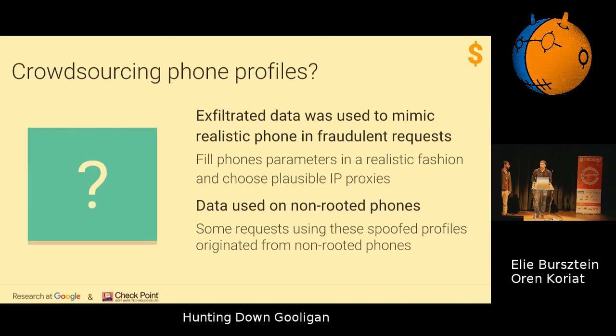So the reason why they were exfiltrating the token and all the information from the phone was, oh, we know this user, and we can create this realistic profile, so you can make this fake HTTP request from this app which was side-loaded from another store. So the phone we got was a Nexus. It was a phone which was Android 5 and above, so it was not rooted but had a side-loaded app, and those apps were making HTTP requests to the Play Store with the information. So the reason why we believe they were uploading all this information to the cloud was to try to diversify the pool of devices, because they realized they cannot root anything above Android 4.